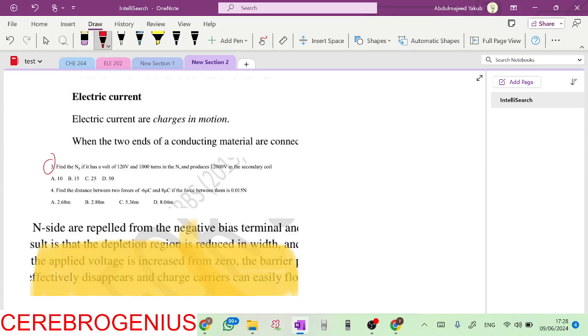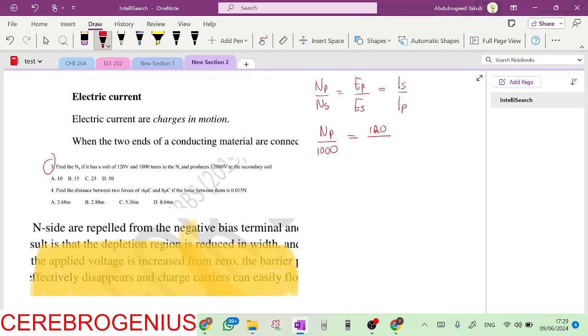So the transformer formula is number of turns in primary divided by number of turns in secondary is EMF in primary divided by EMF in secondary. But in terms of current it is the opposite: current in secondary divided by current in primary. Now number of turns in secondary, it says it has 1000 turns. Now the EMF in the primary, that's 120 volts,